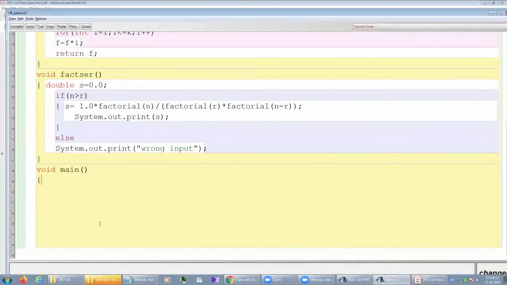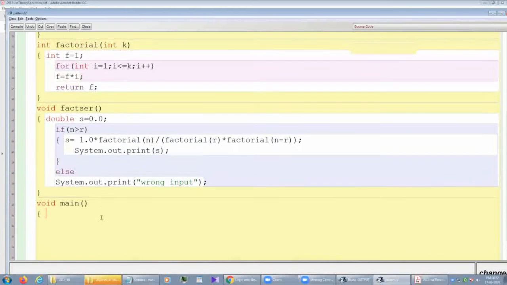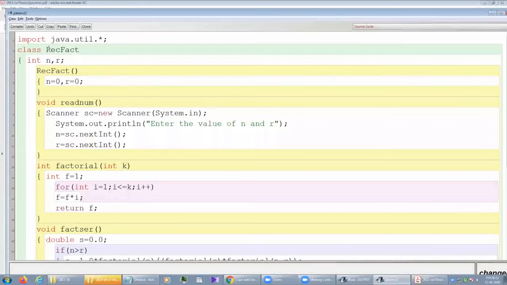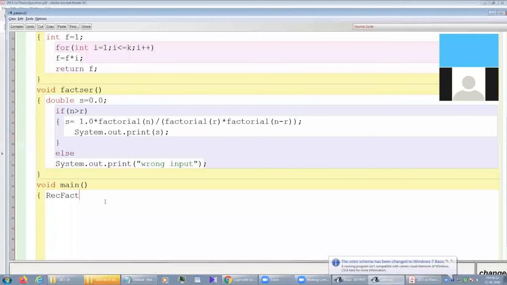So I think we don't need input here, we directly create the object. So artifact ob equal to new artifact(), with the brackets empty, because we don't need any input in the main function.